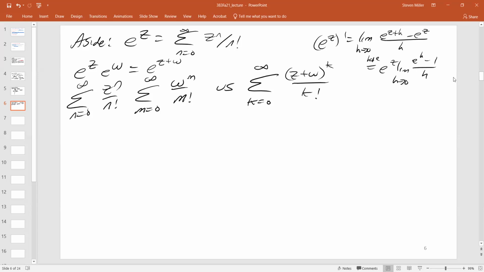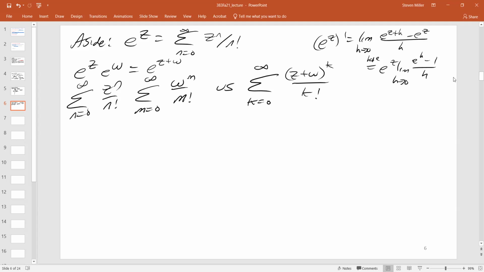This must be proven. So I'm not going to bother proving it entirely rigorously. I'm going to just give you a sketch of the proof and you can fill in the details. The first thing is the factorial function grows so rapidly versus polynomial growth that I don't really have to worry about convergence. Everything I do can be justified. And so I strongly urge you to actually justify it. If you have questions, either ask me or ask the TA.